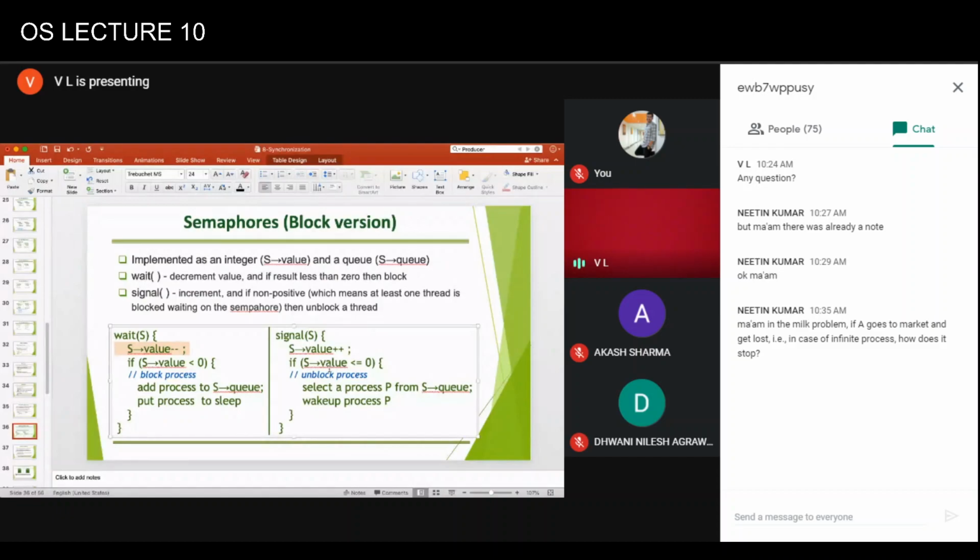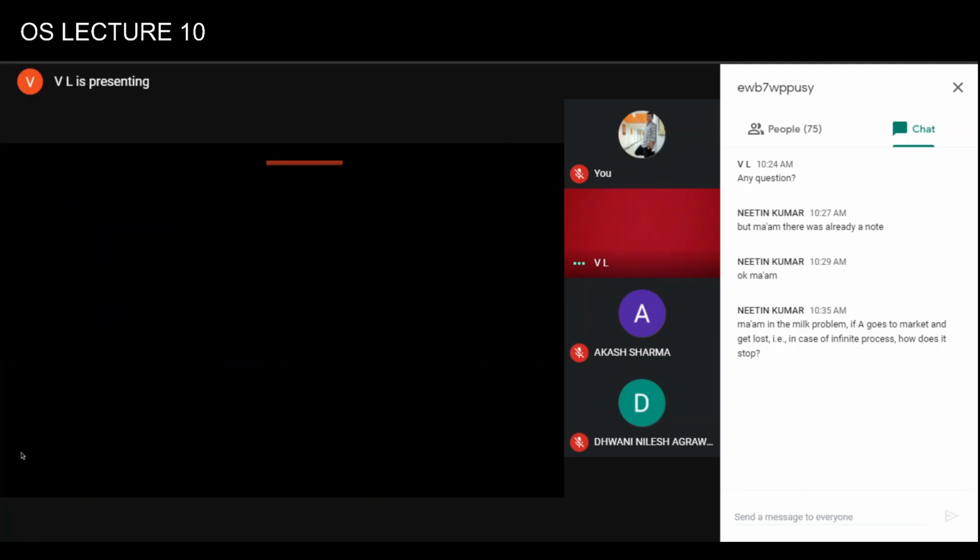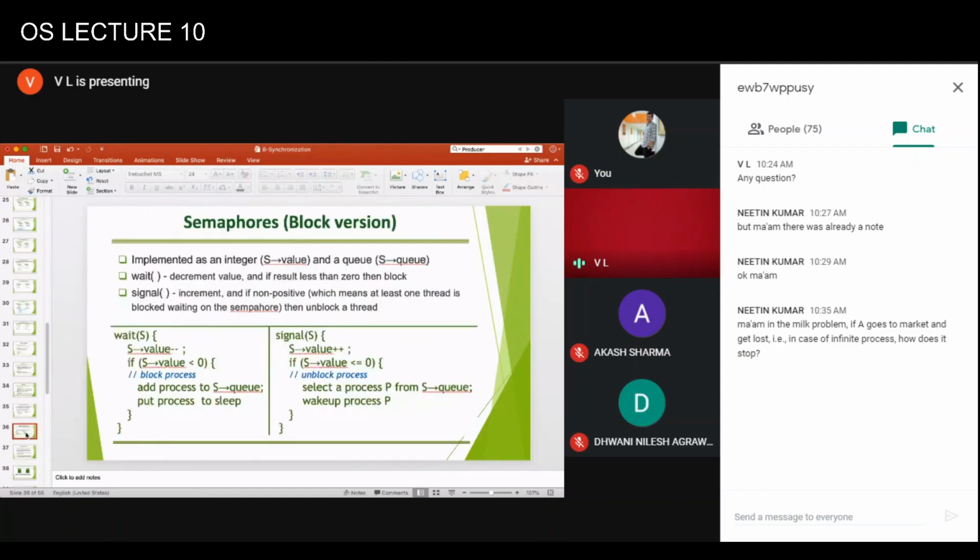The problem with this approach is that, let's say two processes, process A and process B, go to sleep on the semaphore. When we are waking them up, you cannot guarantee which of these two processes will be scheduled first. B may get a chance first, then A. So this first in, first out order may not be observed. And why is this important? This is important when we talk about the readers-writers problem. This difference is significant.